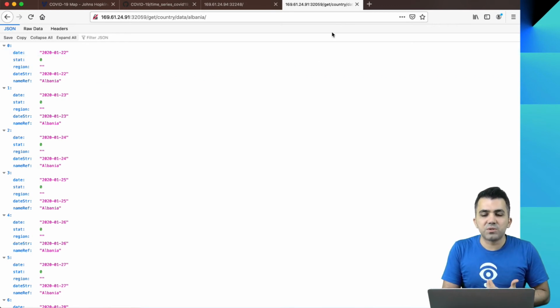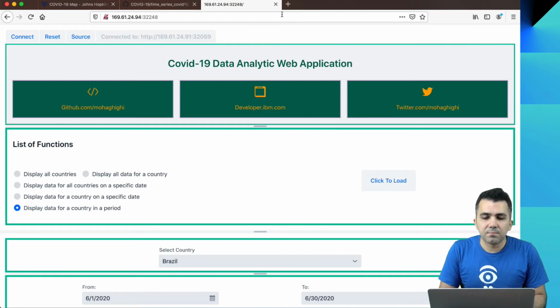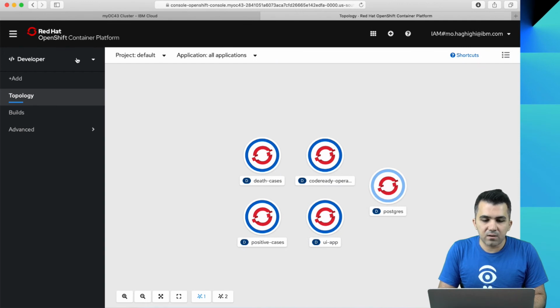But the beauty of this application is it is scalable. Given that it is running on Kubernetes and OpenShift, the system is going to scale no matter how many people are going to invoke the REST APIs. The system is going to be able to cope with that because the platform is elastic, and OpenShift is monitoring all the services at all times to make sure that your services are always available and you have zero downtime. Now let's go back to our slides.